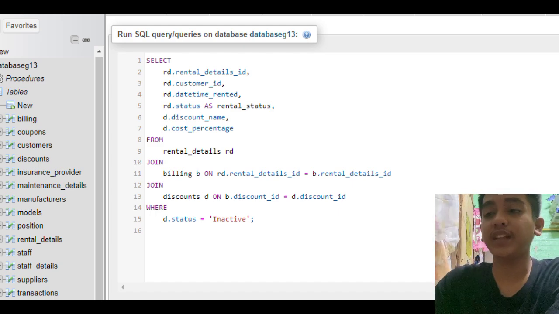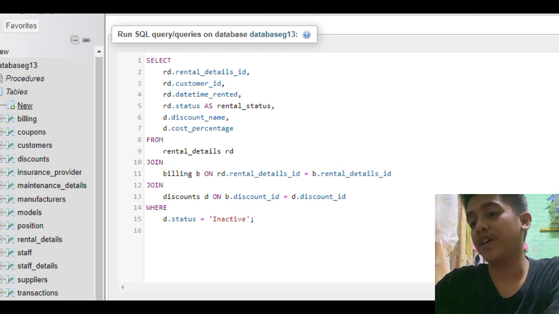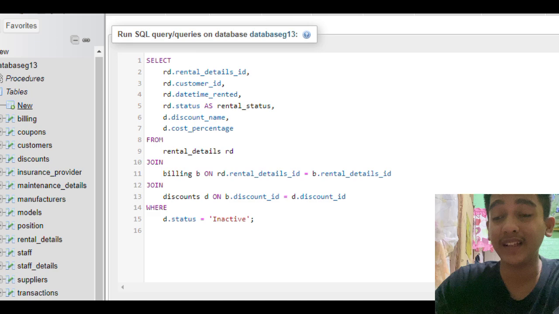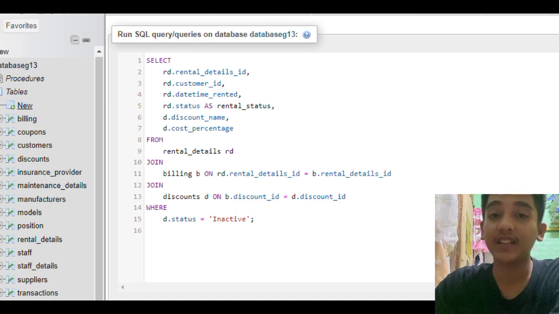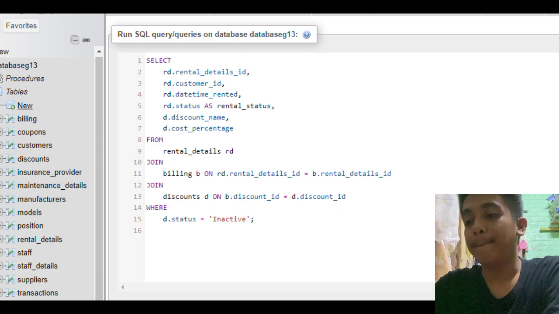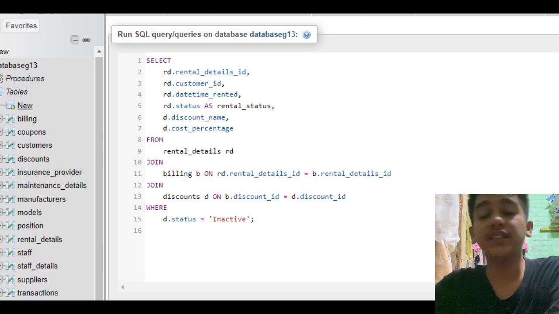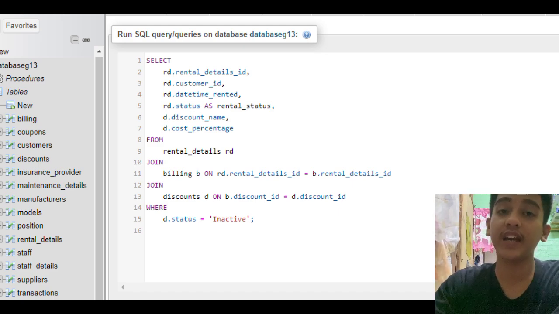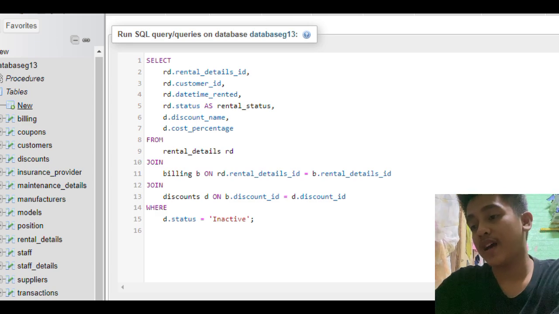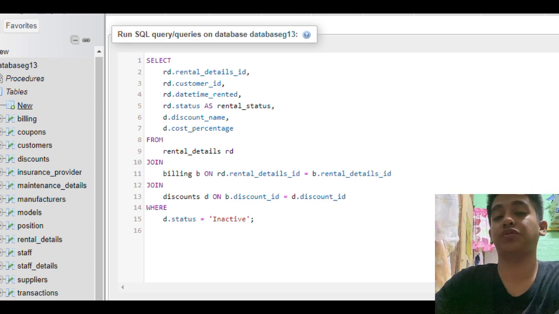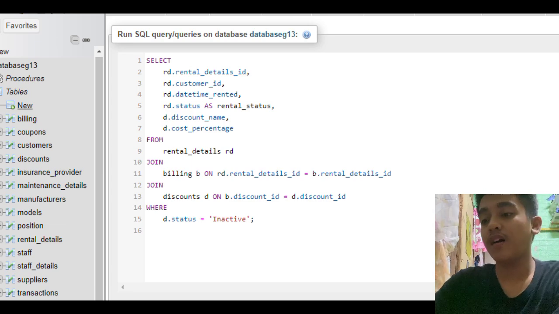Next is the joining of tables. The rental details table is joined with billing using rental_details_ID to link the rentals to their billing records. Next, billing is joined with discounts using the discount ID to identify the discounts applied to each rental. The next is the filtering condition, which is D.status equals 'inactive',